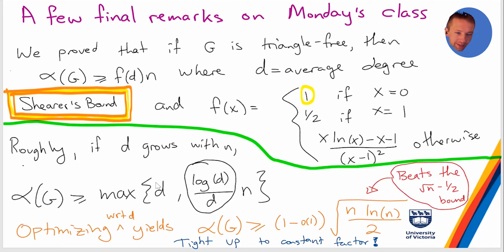And if you were to optimize this, to see when this maximum is minimized, it'll be minimized when d is basically the same as log d over d times n. And if you work out where the breakpoint is, where these things are roughly equal, you'll see that it gives you a lower bound of roughly alpha is at least 1 minus little o(1) times the square root of n log n over 2. So this is better than the bound we proved at the beginning last time, which was like